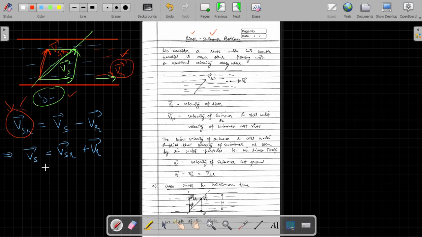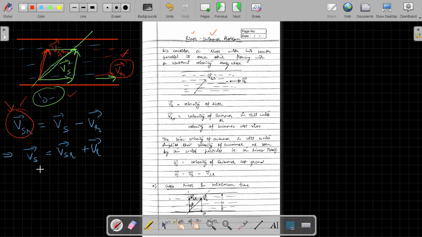When we are given the velocity of swimmer with respect to river, it means the velocity of the swimmer as seen by the particles of the river, that is the water particles. So water particles see the swimmer or the boat swimming at some particular velocity. If the water is stationary, then the velocity with respect to water would be some x, and even if the water particles start moving, the velocity of the swimmer or the boat with respect to those particles is given to us. So that relative velocity is given, and then we try to find the actual velocity of the swimmer. That is the whole problem which we are looking forward to.